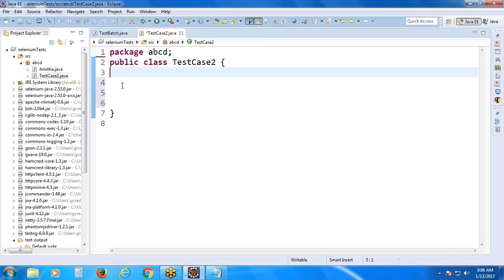One is launch the browser. Another is verify the page title. Third one is close browser. Okay, sir. At the rate, so first, at the rate